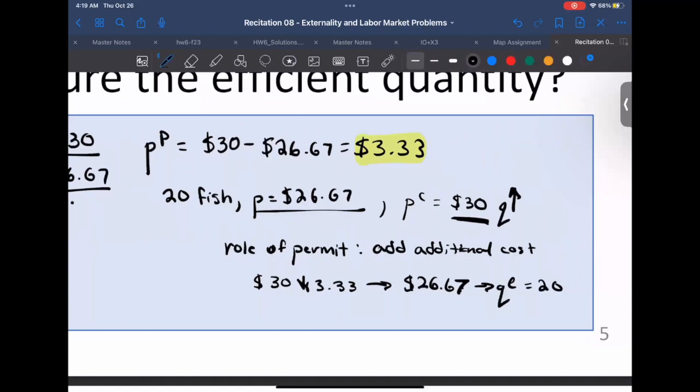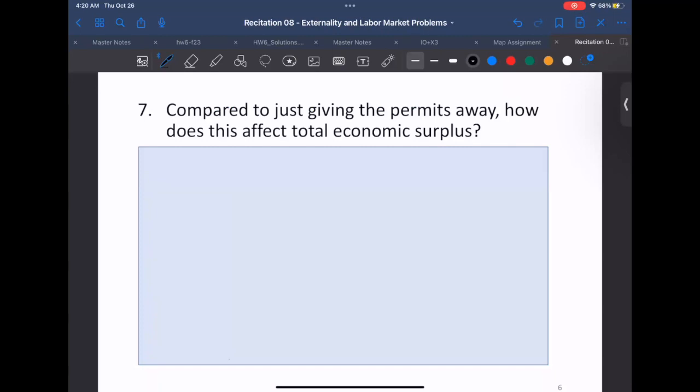So again, the $3.33 permit is just going to be a way to jack up the price to make it more expensive to catch fish. So the fishermen, Ben and Jerry, they end up wanting to go back to a level of 20 fish. Okay, so now number 7 asks,